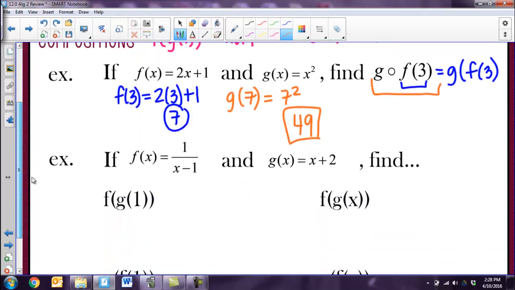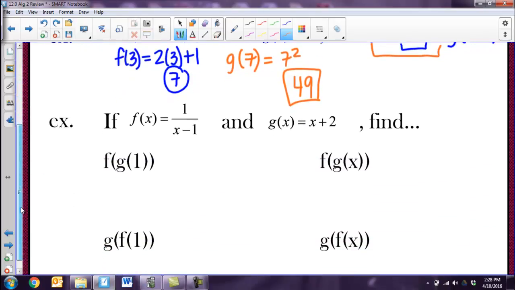Then, if we look at something like this, we have that f of x equals 1 over x minus 1 and g of x equals x plus 2. First thing that we're going to do is find some of those numerical things. So again, you're always going to start from your inside out. So my g of 1 equals 1 plus 2, or 3. So then I'm going to go ahead and plug that back into the other function. So f of 3 is equal to all of that. And just plug in 3 wherever you see an x, and so that would get me 1/2,